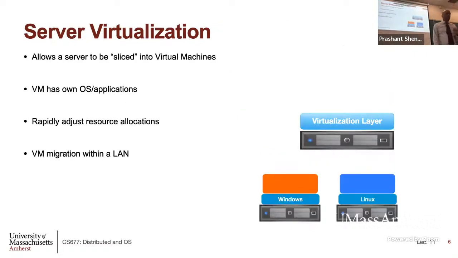So now let's talk a little bit about how these virtualized servers can be used for many different use cases, including migration that I was talking about last time. Here is an example where you have a server. That virtualization layer is a type 1 hypervisor, which we talked about many classes ago. On the type 1 hypervisor, you are going to, in this case, run two virtual machines. There's going to be a Windows machine and a Linux machine.